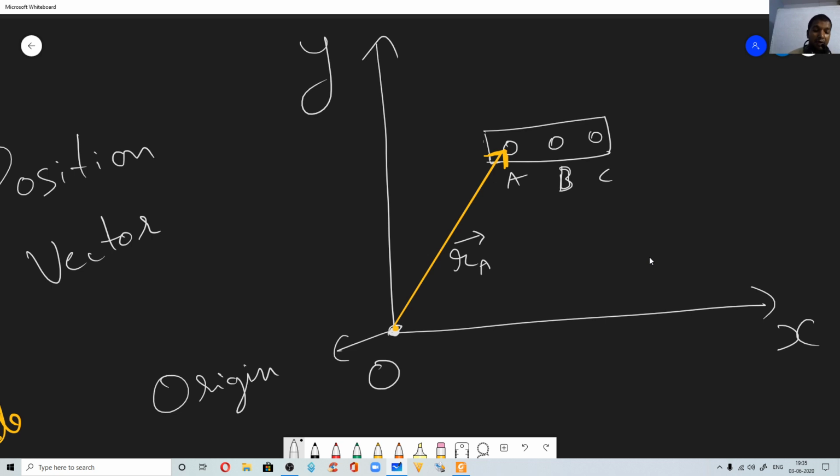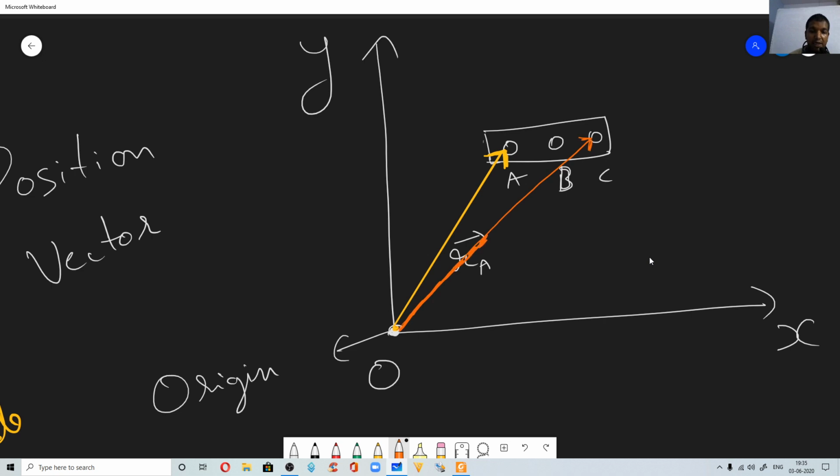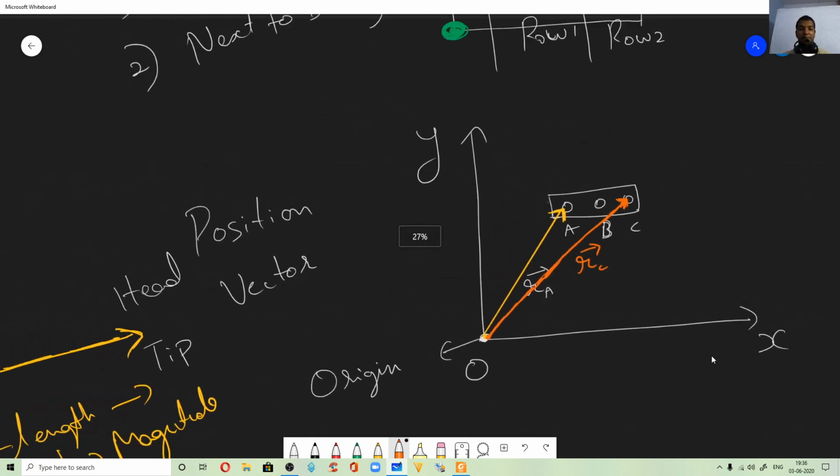That's all. Now I can ask you what is the position vector of C. Just choose the reference. From the reference, draw an arrow. The tail of the vector must be at the reference, that is the origin. The head of the vector must end at the person. So we call this r_C, the position vector of C. This is one simple example that you need to remember.